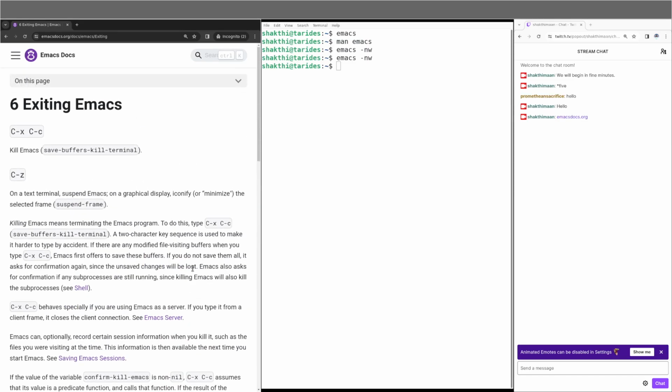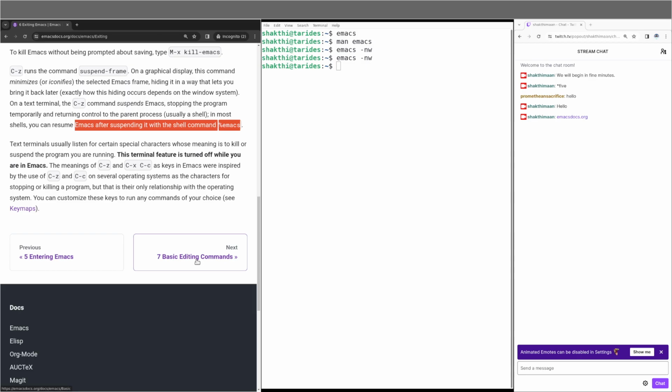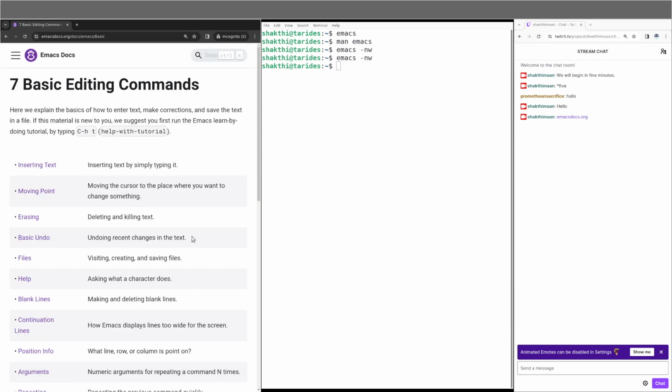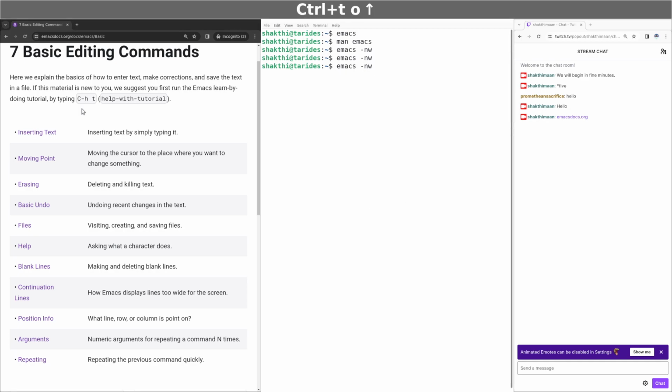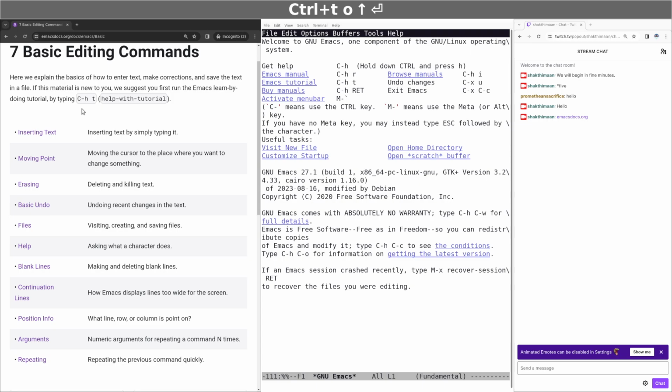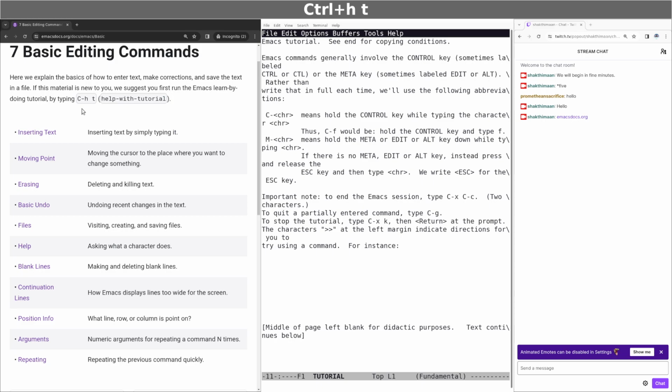Good. So let's start with the editing command section. Now, as I said before, you can do Control H T, which is the help with tutorial option, and you can do the tutorial. So if I do Control H T, it opens the tutorial. It guides you through the process. It tells you what is the control character, what is the meta key, how to stop the tutorial, how to quit partially, and so on. So you can actually follow this and do it. I'm not going to do it right now,